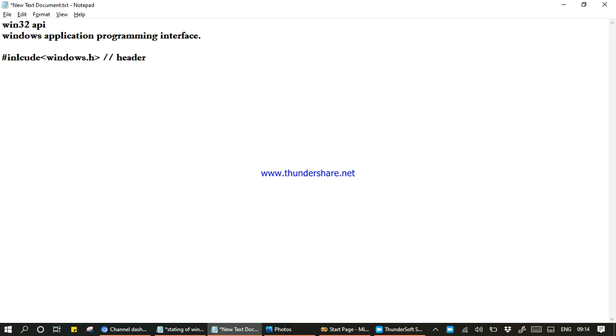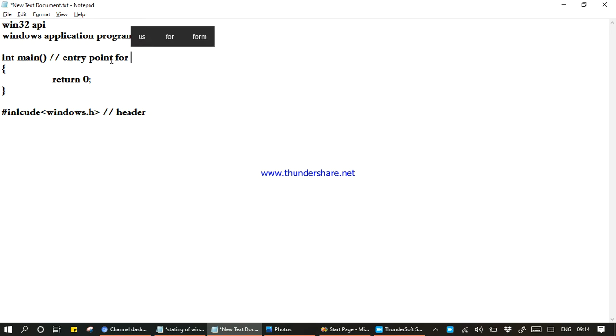This is the header. In C or C++, the entry point is int main or void main, return 0. This is the entry point for C. And coming to Win32 applications, the entry point is this, with some arguments here, return 0.